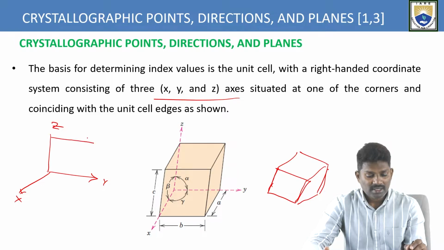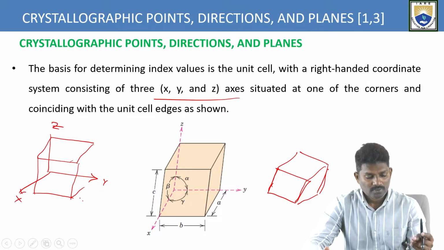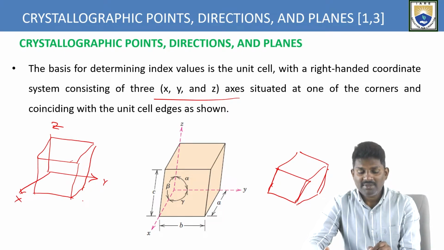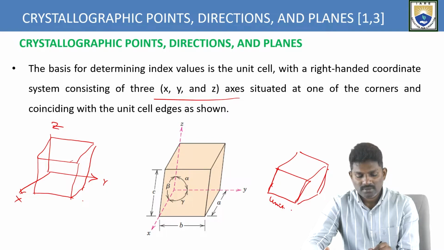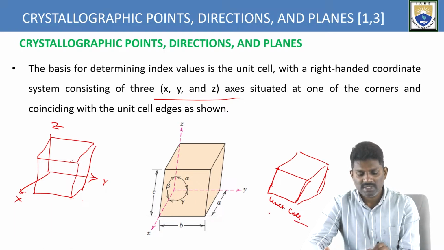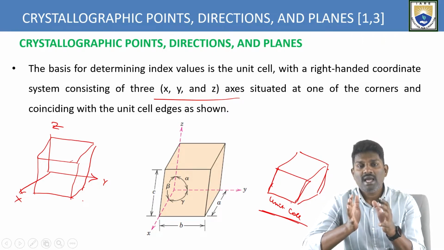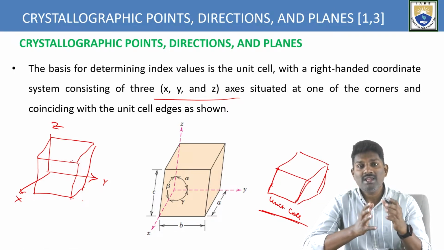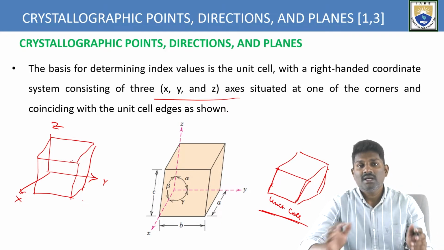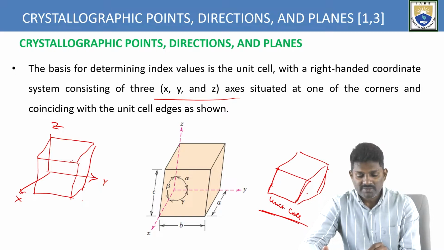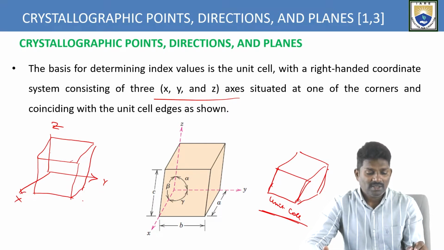See clearly here. I'm drawing the coordinate axis like this. So this is how I have a unit cell like this. This is the unit cell without any reference axis. So this figure is without any reference axis. Now the same figure, I have to reflect where one of the corners has to coincide with the three coordinate XYZ axes. So I am shifting this unit cell along the XYZ axes